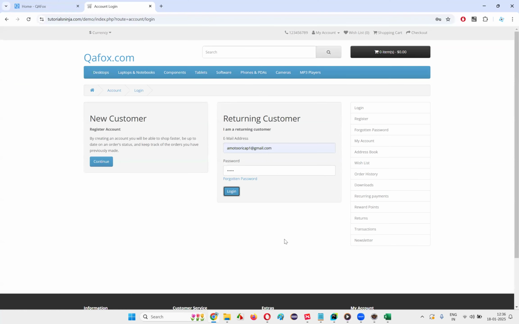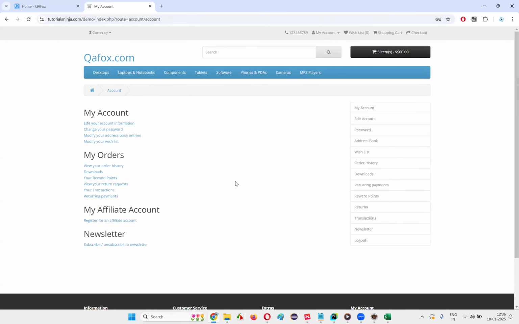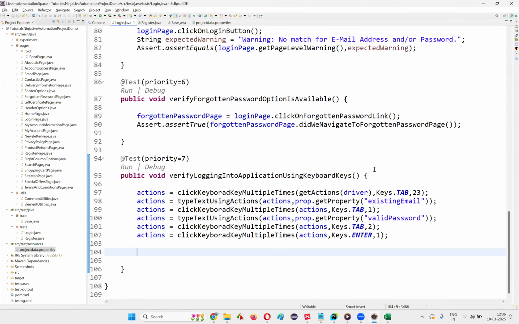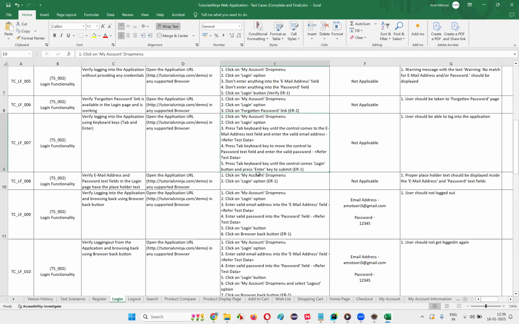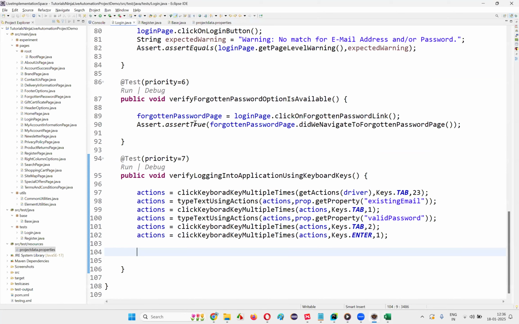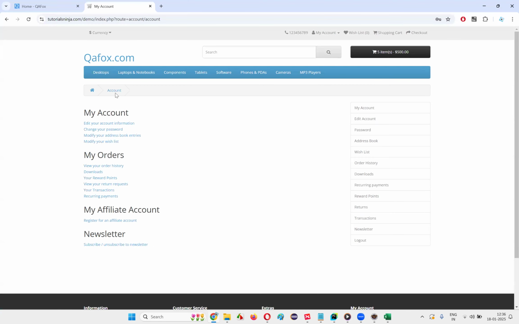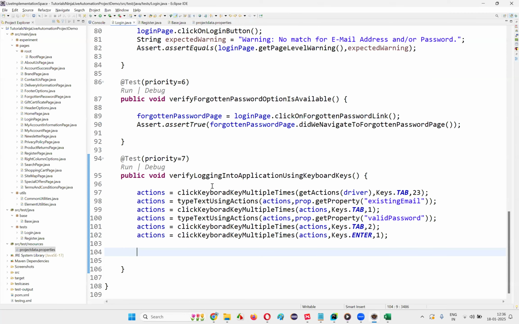So once you press the enter key, you will get logged in. We have to verify that the user has successfully logged in or not. Here, what is red? Okay, user should be able to log into the application. How to verify that the user has logged in? If you are in the my account page, that means user has successfully logged in. So I'll simply write down